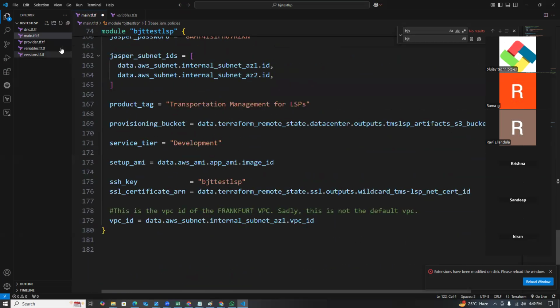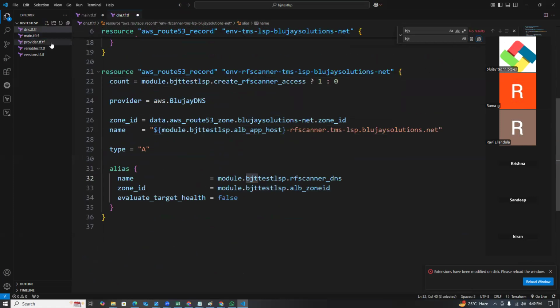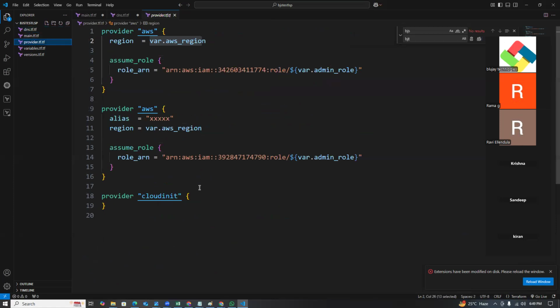Okay. So something like so what is DNS? The DNS records will be here only. Okay. So providers. What are the providers, guys? These are the providers. These are the providers of the roles. You see, guys, provider AWS region,